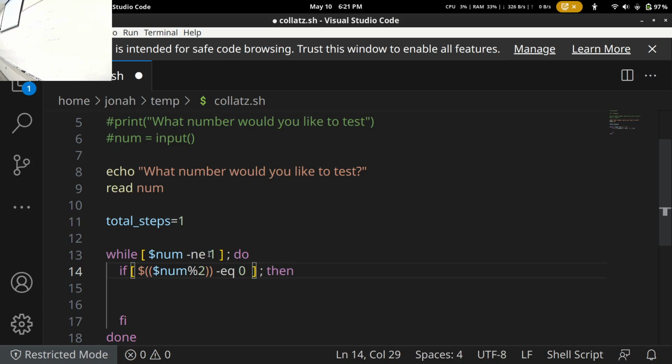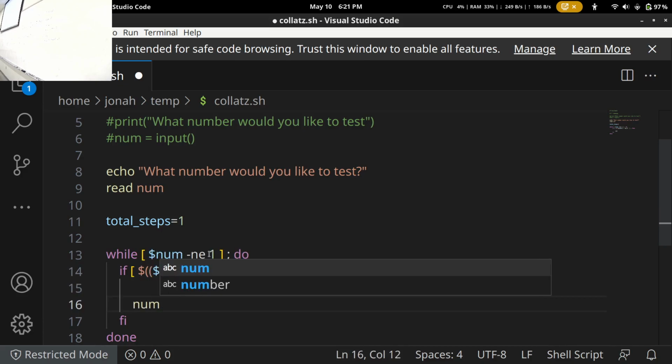So remember the modulus operator, that'll return the remainder when you divide something. If a number is even, the modulus of the number and 2 is 0. And so what do we want to do?